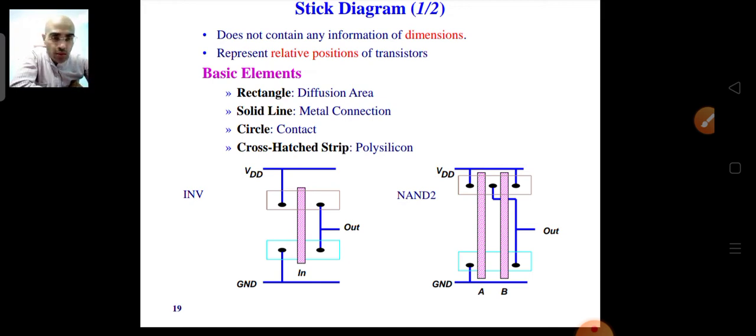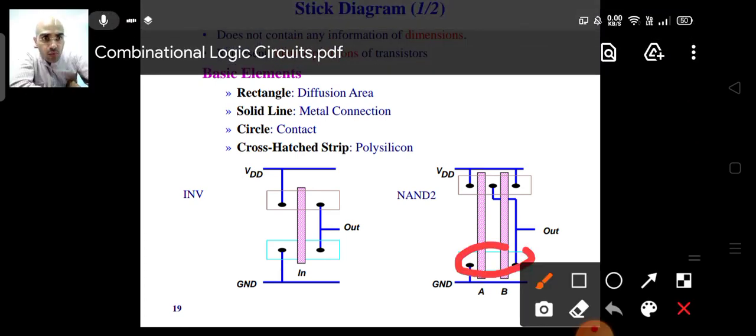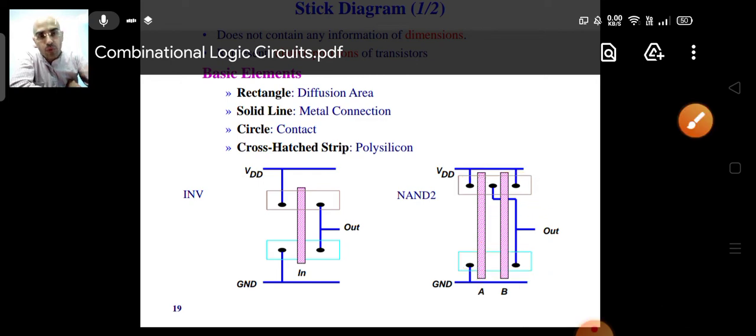Blue color you will use to show the metal wires. Black color you will use to show contacts. So here we are using black color to show the contacts, and the same you can use when and where it is required. Pink line you can use for your polysilicon. The green rectangle is for your N active region, whereas the brown rectangle is for your P active region. So these are the various colors which you can see in this slide, and this is the significance of each color. So you can follow this convention.